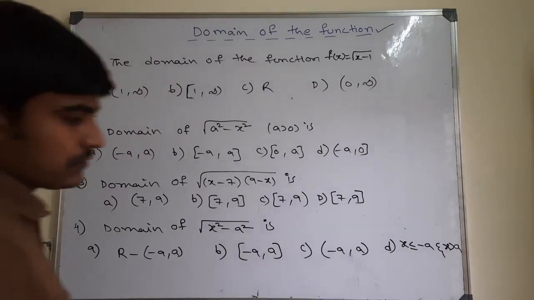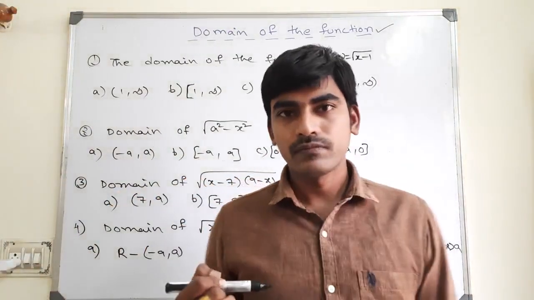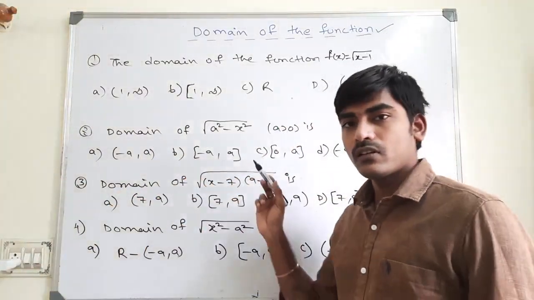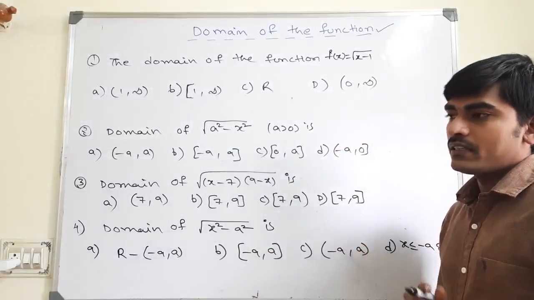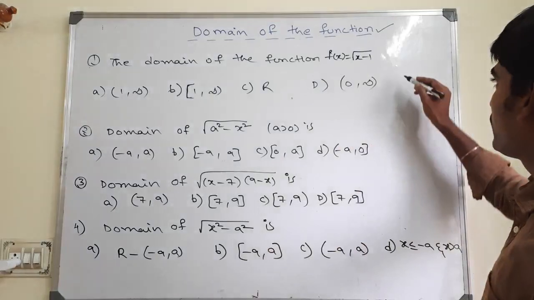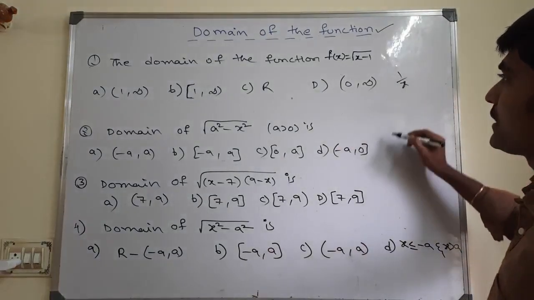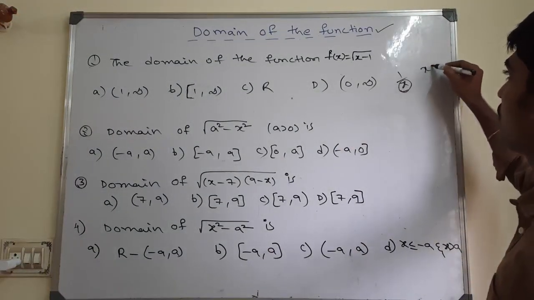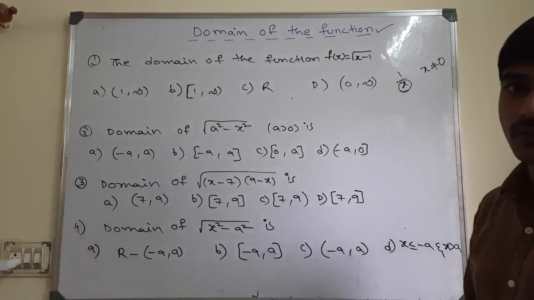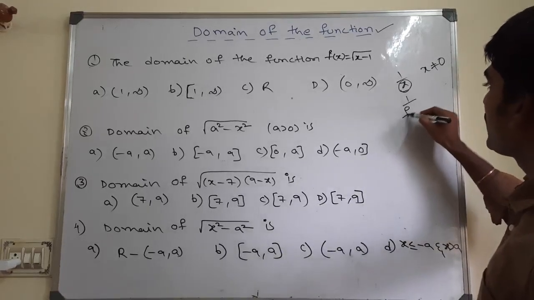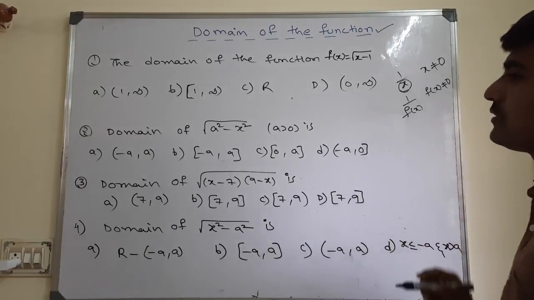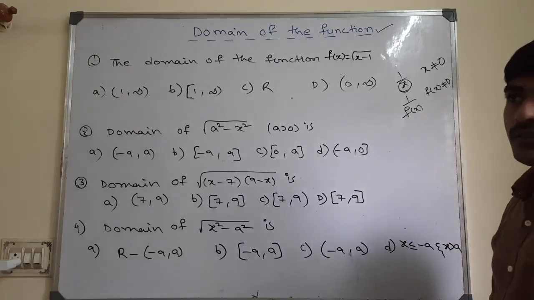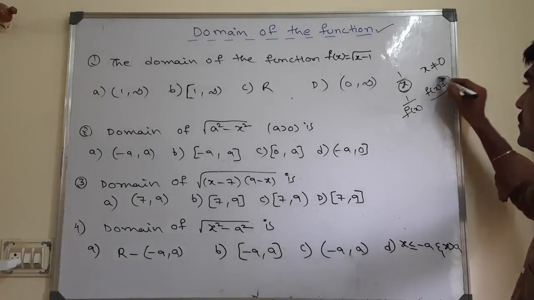Hi students. Domain and range. Before we did one model, now another model. So we have many models here to find the domain. Before, what I solved was the 1 by x pattern. The denominator value should always be not equal to 0, I told. Suppose I write 1 by f of x, then what will you say? f of x will never be equal to 0. It is always non-zero only.